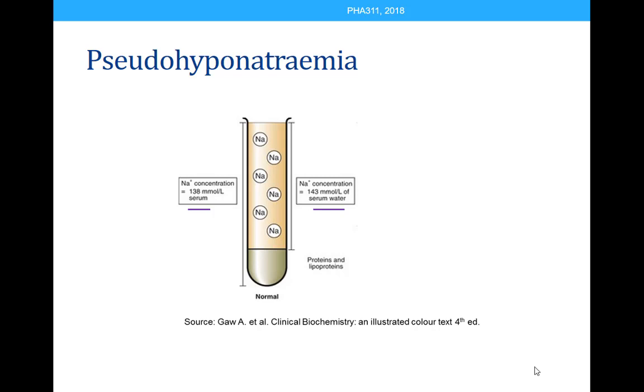Normally when we measure sodium in a blood sample, we spin down the cells and collect either plasma or serum. But this plasma or serum will contain proteins and lipids as well. So, when you are measuring sodium in the whole serum, the value will come to 138 millimoles per liter. But if you are measuring the sodium only in this part and then extrapolating it to the remaining part,